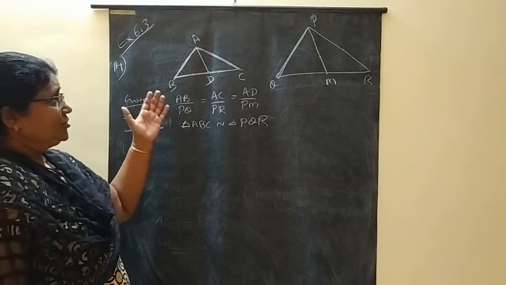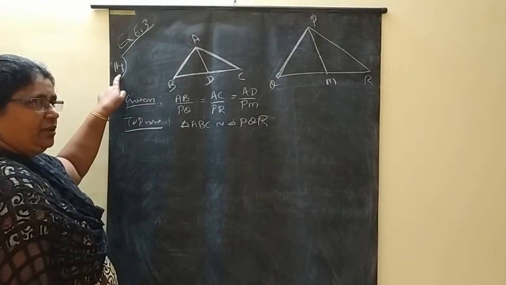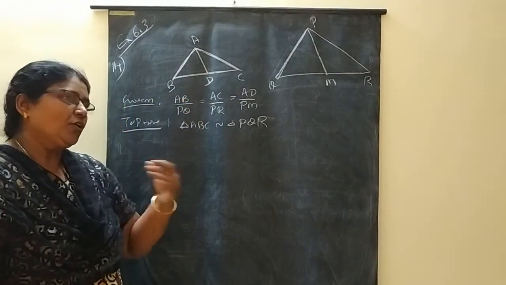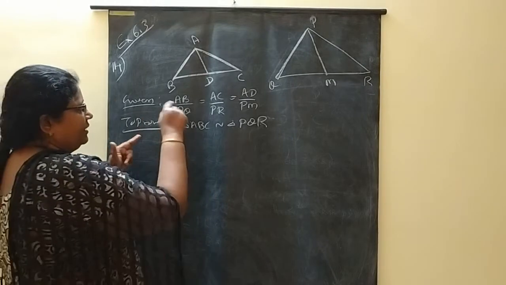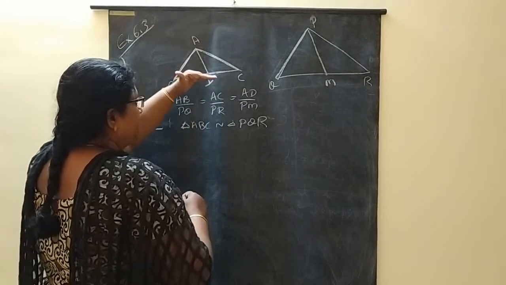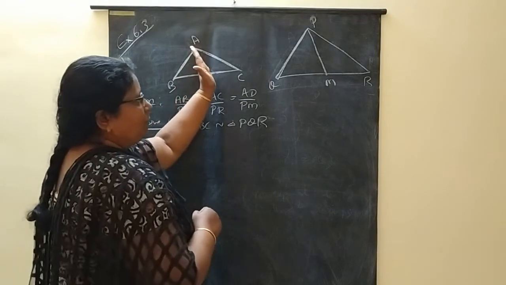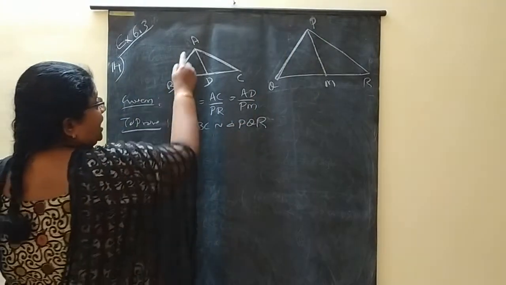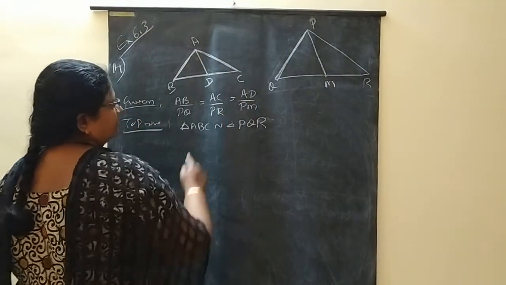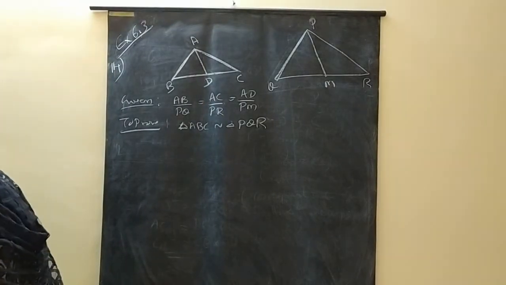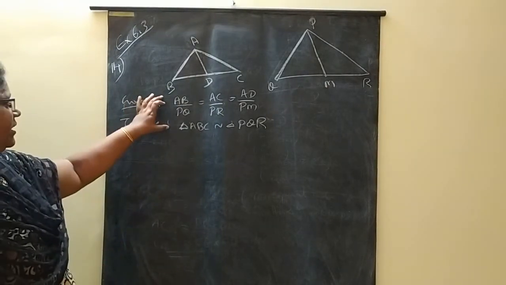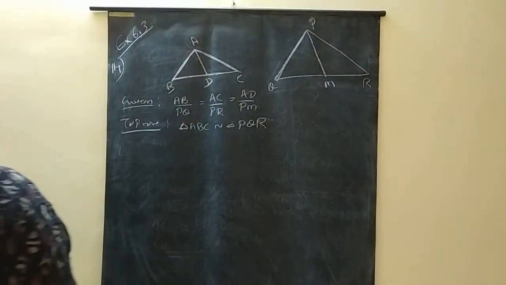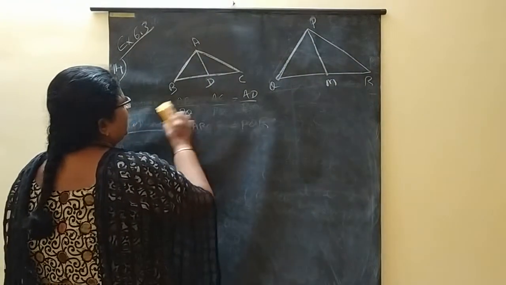Okay. Question number 12. It is question number 14. Question number 12 is almost the same type of question but with a lot of difference. There the given thing is AB, BC and AD proportional to PQ, QR and PM. But here you see AB and AC proportional. So it is a lengthy question. So given and to prove, you take down. Now I am going to rub that.